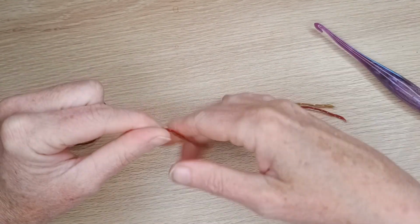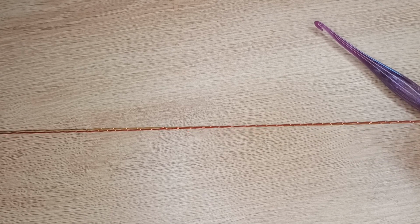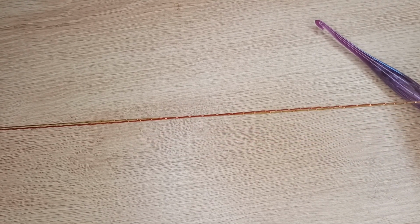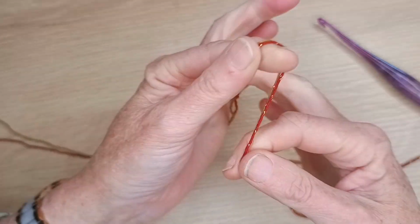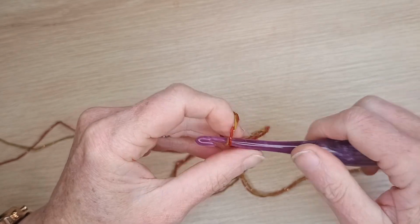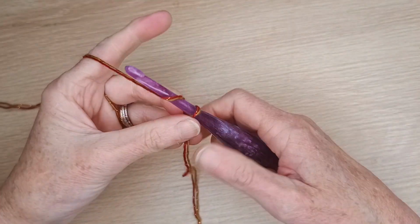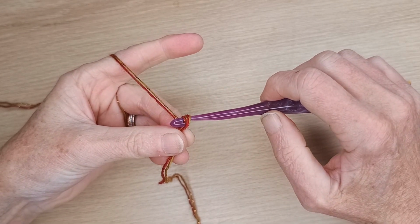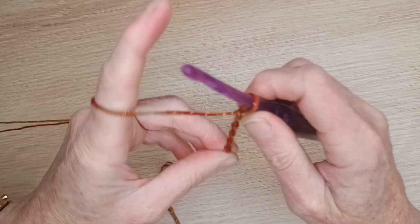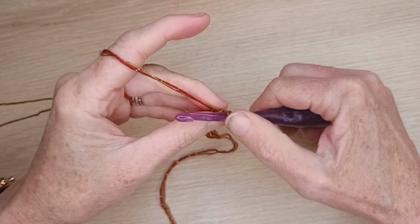For this section, leave a long tail so that this is what you're going to be sewing up the join with. And you'll see what I mean when we get to that part. Do a slip knot. And then we will be chaining 7. It needs to be an odd number. 1, 2, 3, 4, 5, 6, 7. Chain an extra 1,